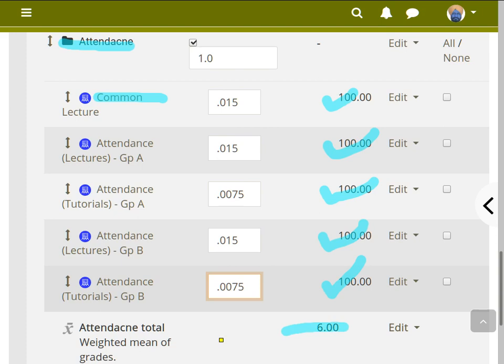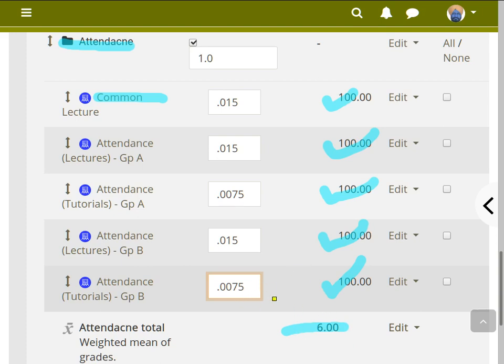How have we calculated this? Tutorial will have, say, 1, and lecture should have ratio 2. So lectures will get multiplied by 2: this lecture 2, tutorial 1, again lecture 2, and again tutorial 1. And if we multiply by these 100, you get 800. So if I divide the value which we calculated by this system by 800 and multiply by 6, then overall I will get the 6. So that's how we will calculate.